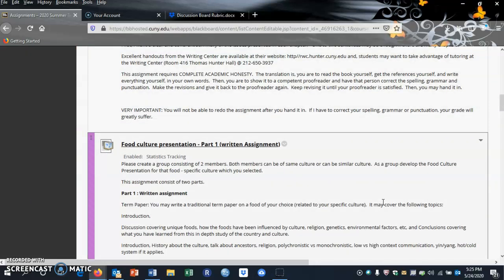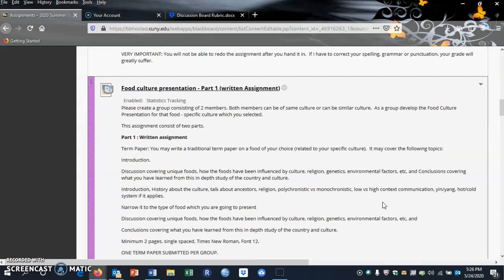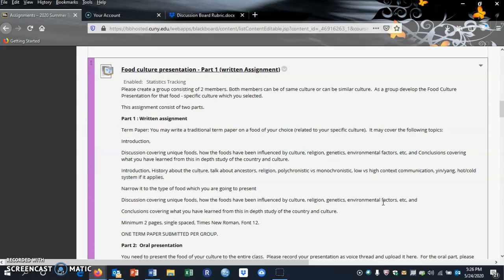The next assignment which I have is a food culture presentation. This assignment is divided into 2 parts. Part 1, where you have to write a term paper about the culture which you are choosing to discuss. In that discussion you need to cover unique foods, how the food has been influenced by the culture, religion, genetics, and environmental factors. Talk about the history of the culture, about ancestors, religion, and what type of society it is,